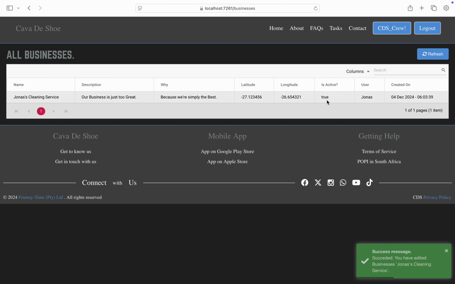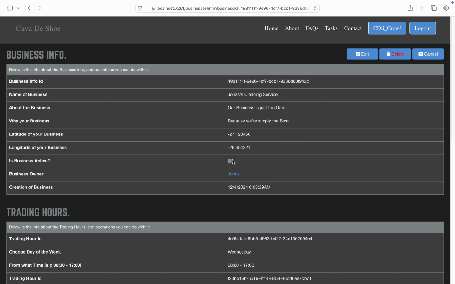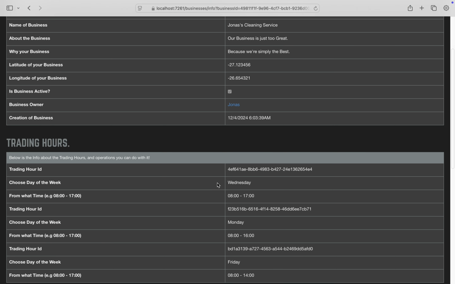Now, what do we see? We see that now the business is allowed to be active and live, right? So I'm still busy with this feature. What I'm going to do after I have successfully looked at it, I'm going to send the email notifying them that listen, the business is live, and automatically the web API, because I'm done with the web API, will pick it up and then will now allow the end users on the mobile app to see that, oh, there is a business with this data. If I click, you can see now it's active,